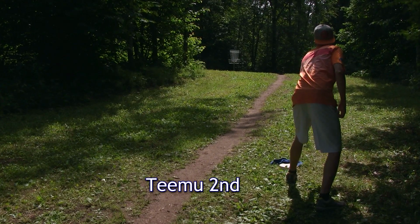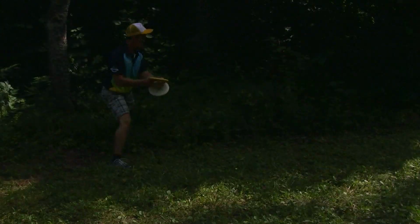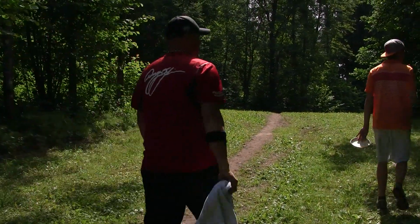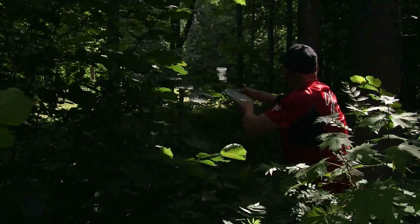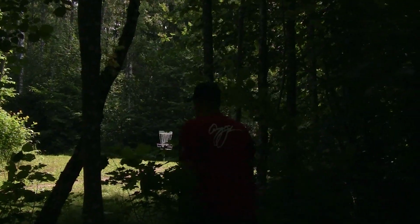Teemu Nissinen after... It's a pretty perfect drive, honestly. It's right in the middle of the fairway. I don't know that you can really get much farther. And he just lays up for... He's like, yeah, what can I do? Taking my three. Yep. Miko throwing the Andy forehand out. Ooh, hope that sat down. And check this window Avery's got. Let's see it. Come on, Ave. Gets it there. Yep. That should be a birdie for Avery. Not losing any strokes to the...